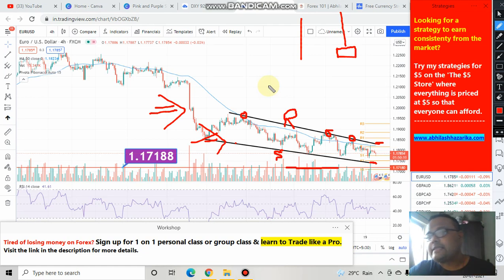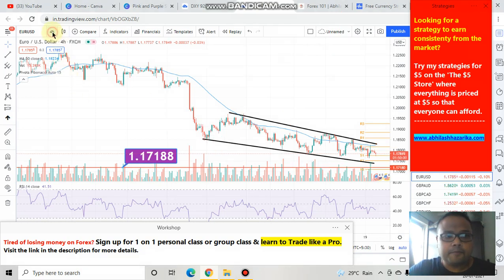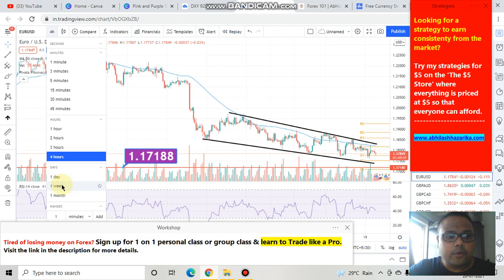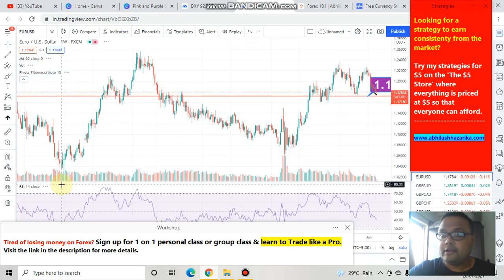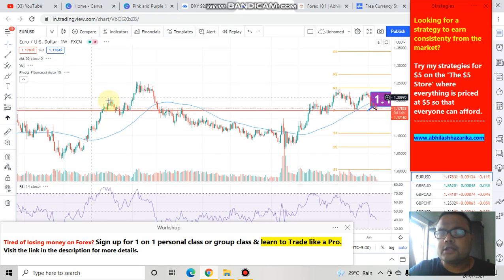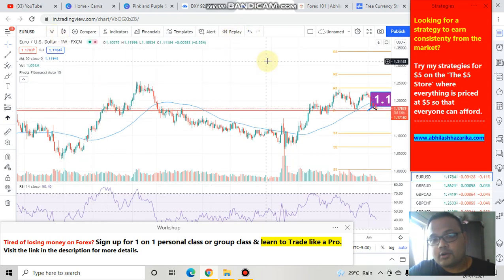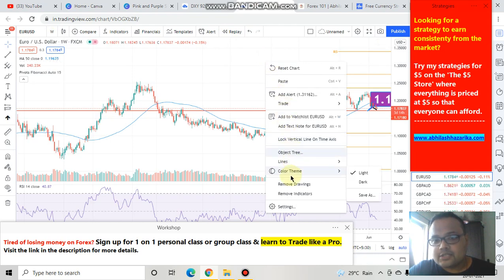Okay, and the second best trading opportunity in this chart is this level, because this level belongs to the weekly chart, and as we all know, the weekly chart is the time frame of the big boys, the big players. Therefore, if the market comes down to the weekly support level, then just observe the price. There is a good possibility that the market will bounce from the support level. So in case the market bounces from the support level,